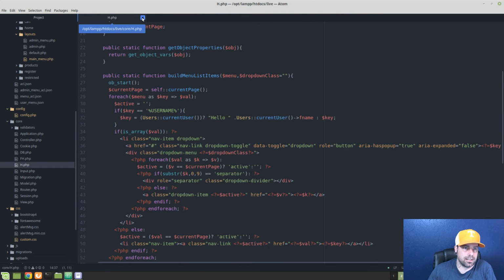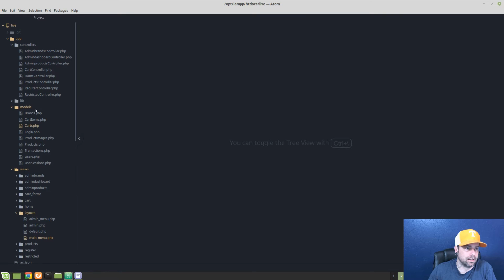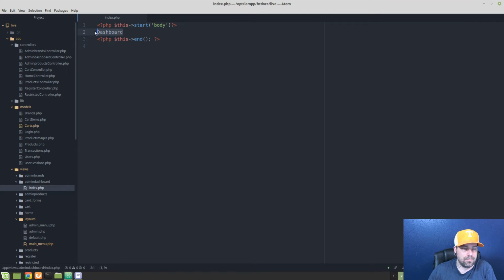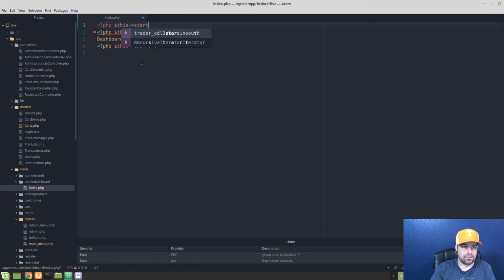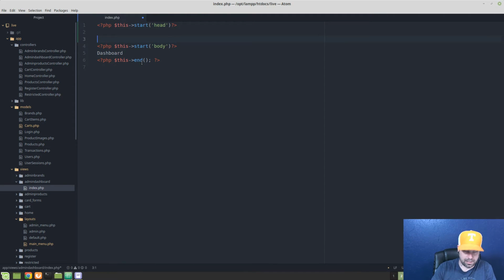So let me close all this stuff down and let's just open up the view we're currently working on. And if you remember, if you go to admin dashboard, there's an index.php. Here's our placeholder. So this is the file that we need to be working in. So I want to add this CSS in the head of just this page. And we can do that with this framework very easily by just saying start head, and we'll skip down a few lines and we will do the end. Everything that we put in between the start head and the end right here will actually get put into the head of the